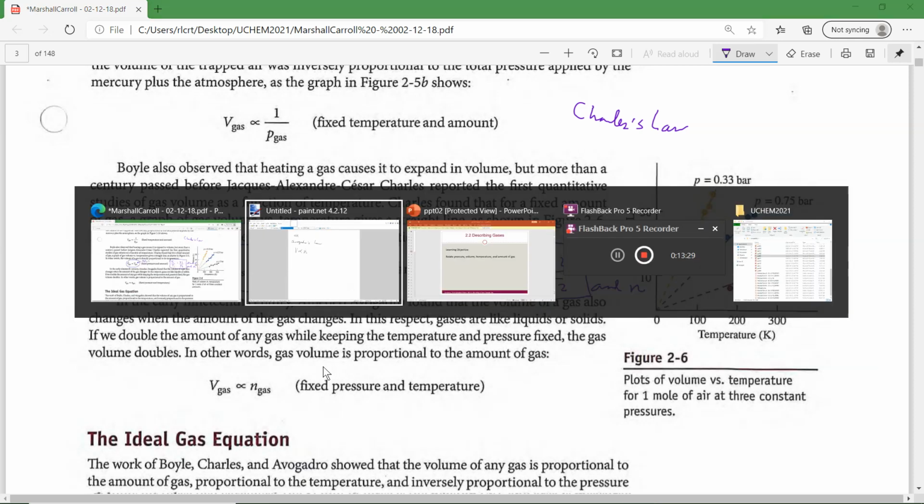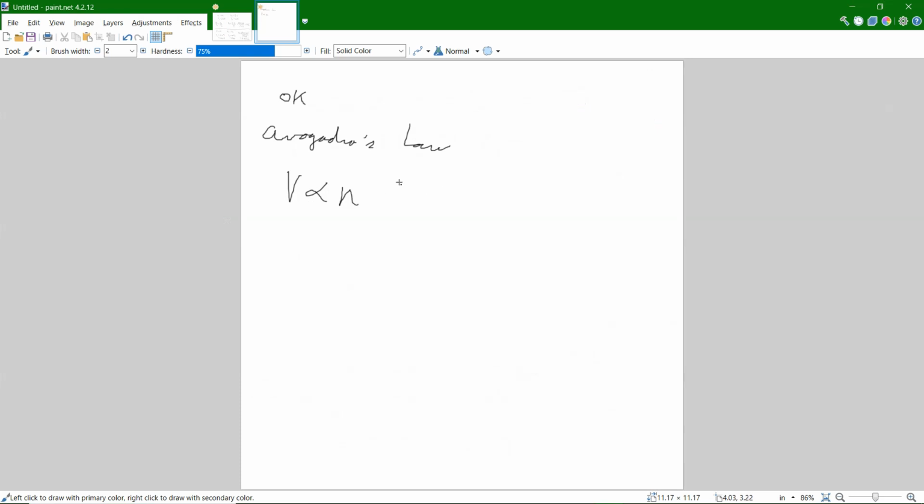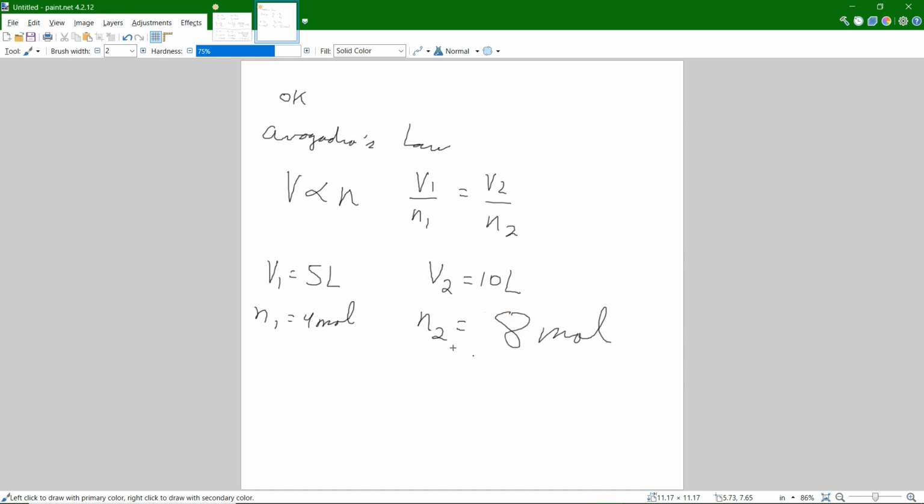So if they're directly proportional, that means V1 over N1 equals V2 over N2. So if I have a volume of gas of 5 liters and I have 4 moles in there, I could have been given it maybe in grams, and then you have to convert to moles. Then if the volume doubled, my N2 would be V2 over V1 times N1, so 10 over 5 is 2, times 4 is 8 moles. You double the volume, you double the number of moles. Okay,